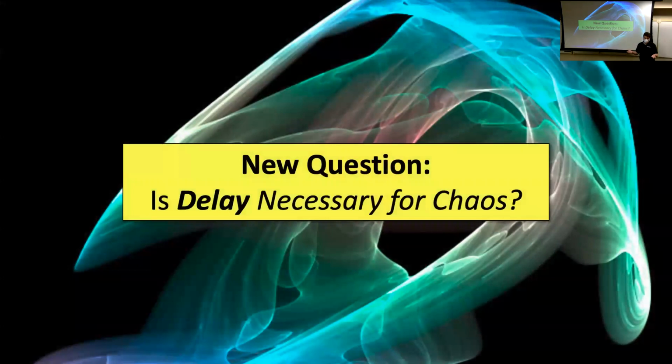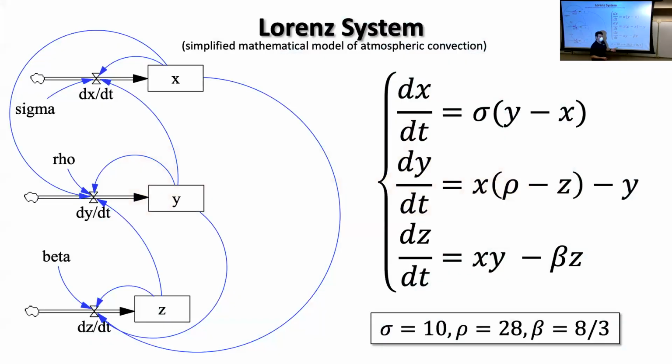Can we have chaos without delay? Because in most of your models, you may not have implemented a delay. And so you'd say, well, as long as I have a model that's fast enough, maybe I never get delay. It turns out that you can get chaos even without delay, but you need 3 or more stocks. That'll be the key here: if you have 3 or more stocks, even without delay, you can get chaos. I won't go into a lot of the theoretical details here.